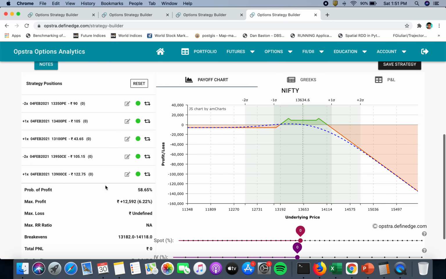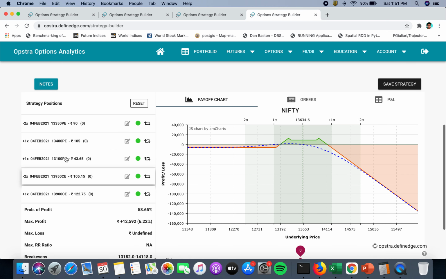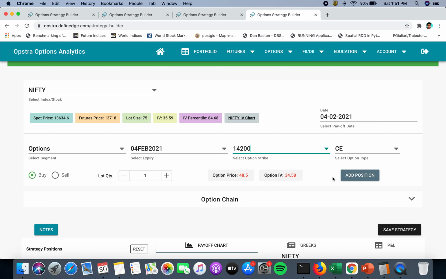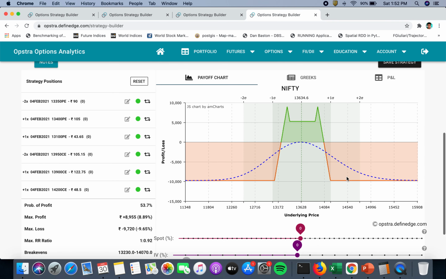And again, from this sold strike price, which is 13950, you need to go 250 points away from this. This time you will go above 250 points. So that will be 14200. Yeah, and you can buy another lot of this. So you can see that why I named it the Batman butterfly strategy, because this payoff graph looks like the shape of Batman. And yes, this is what it is. And it's again a great strategy.